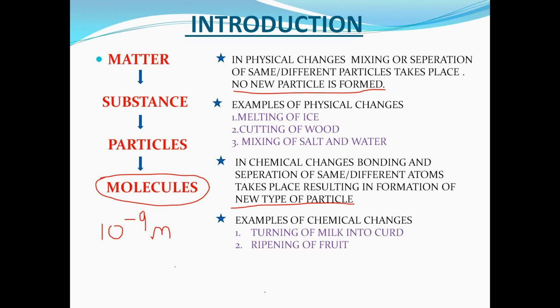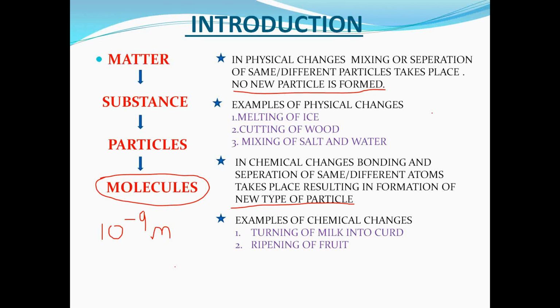which occurs naturally on the tree fruit, or it can also be done artificially. Now let us discuss what we had at the start of the ripening of fruit and what we had at the end of ripening of fruit. At the start, we have raw fruit, which has a hard covering and is sour in taste, whereas ripened fruit has a thin soft covering, and it is sweet in taste.